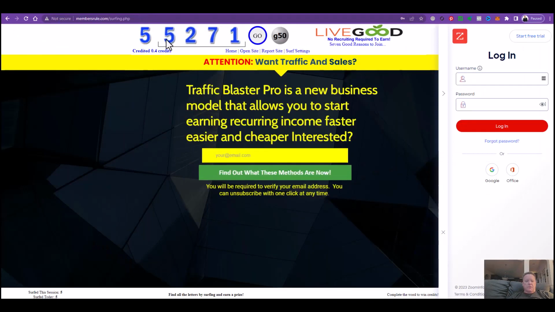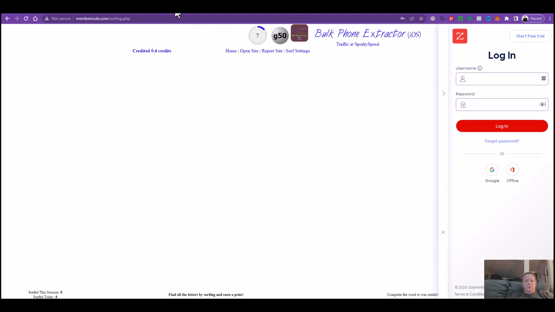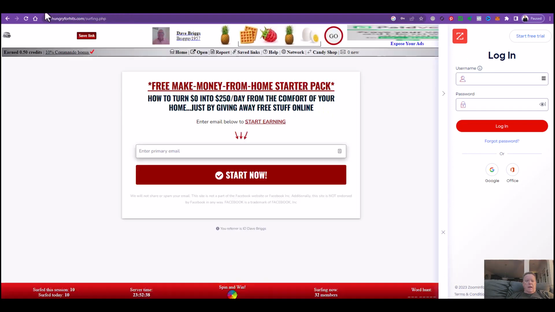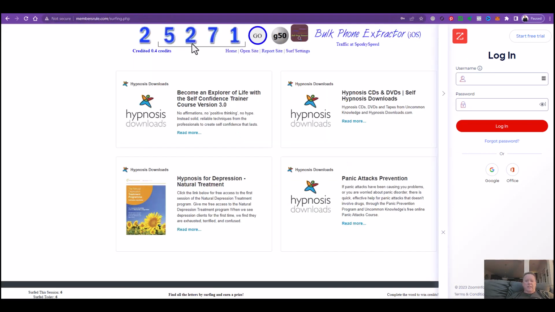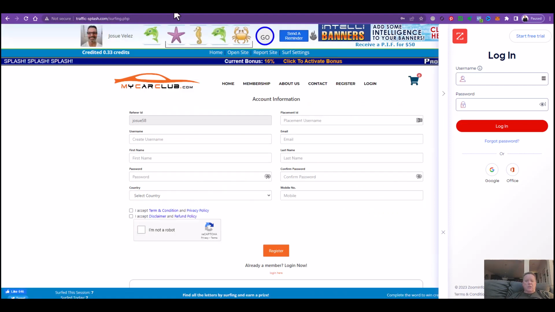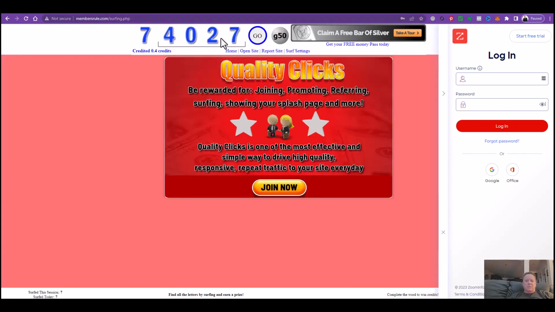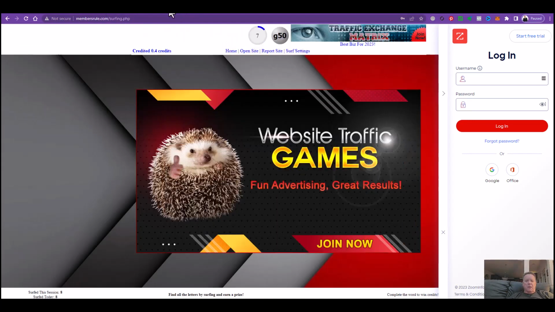This is members rule. So I can do 8 or 10 of these at once. And by doing it like this, I'm not wasting any time. I'm just clicking at the top here and I'm just going from site to site because there's the waffles. By the time I get to the next one, the other ones have already been loaded.